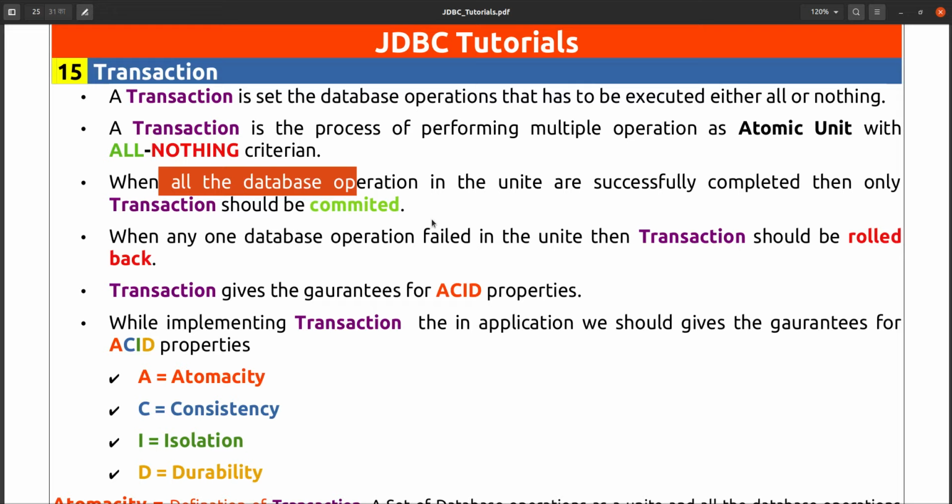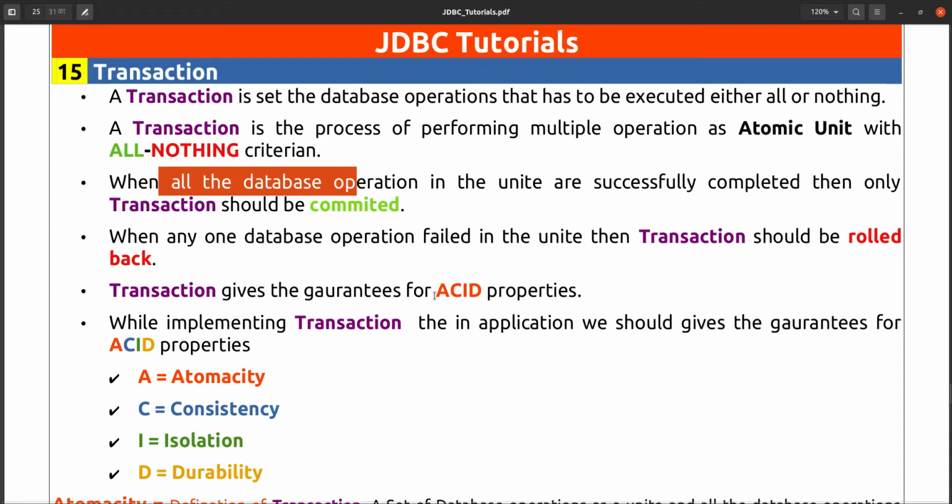If any of the operations fails, then we should roll back the transaction. Rolled back means whatever database operations you made and that affected the database should be undone.